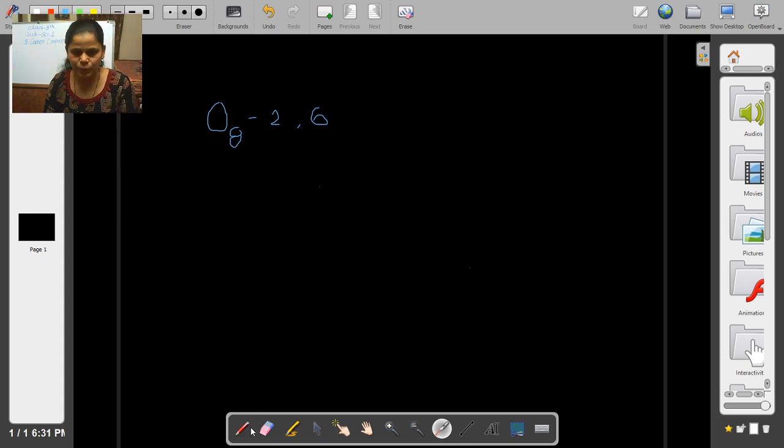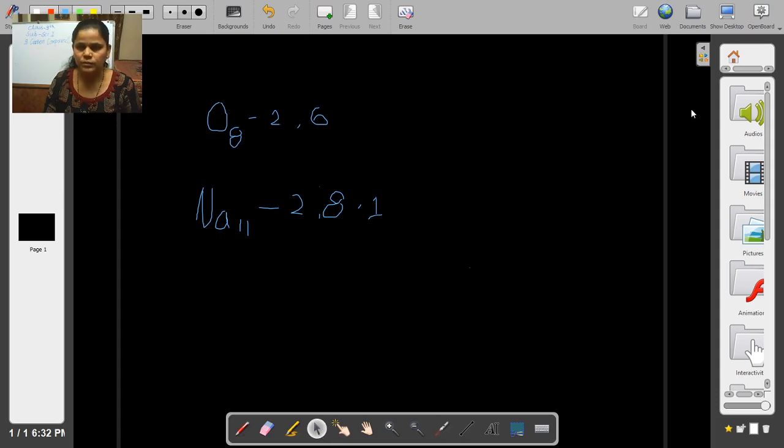Let's take one more example, the sodium atom. Sodium, Na. The atomic number of sodium is 11. So the electronic configuration of sodium is 2, then the maximum electrons in the second shell, that is 8, and the remaining 1 electron in the third shell. So the combining capacity of the sodium atom is 1. So 1 is the valency of sodium. Clear?